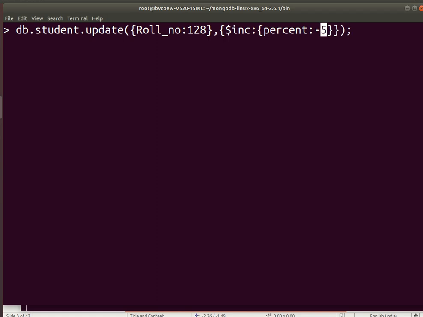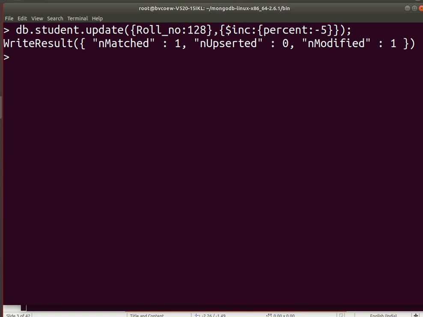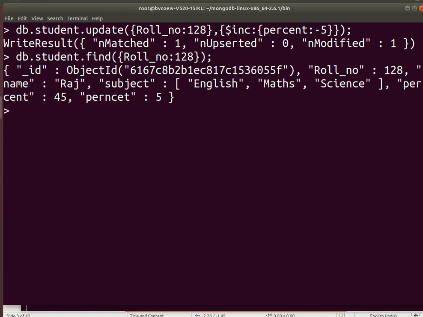If I increment percent by -5, let's see how it is working. Very good. If we increment by a minus value, it will decrement the value. So instead of decrementing by 5, I have incremented by -5. It will automatically subtract 5 from the percent, and it will give you 45. So like that we can increment and decrement in MongoDB.